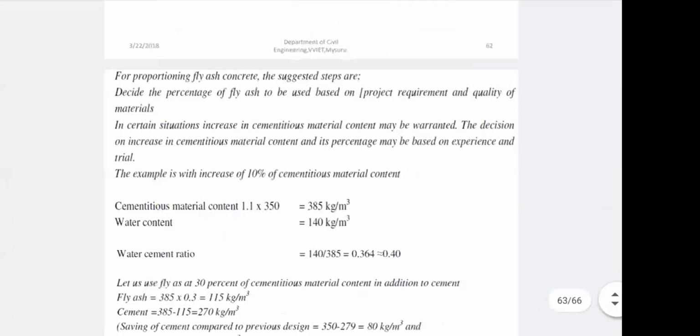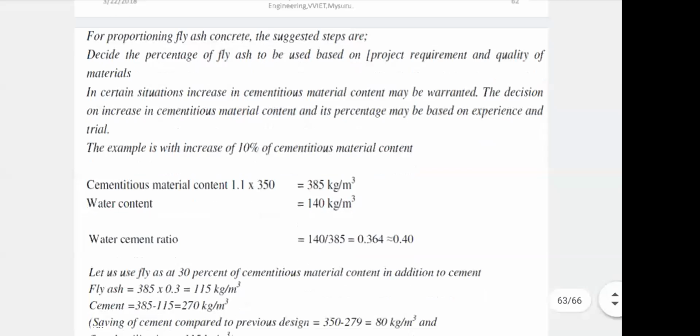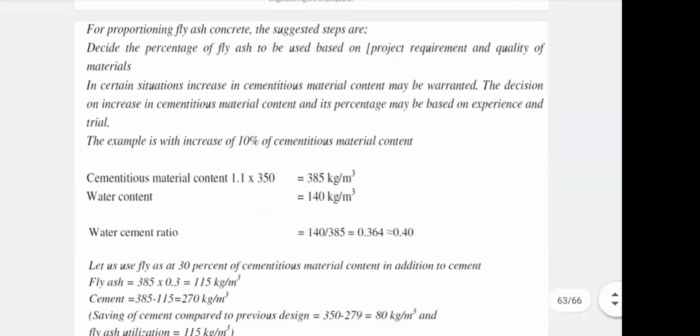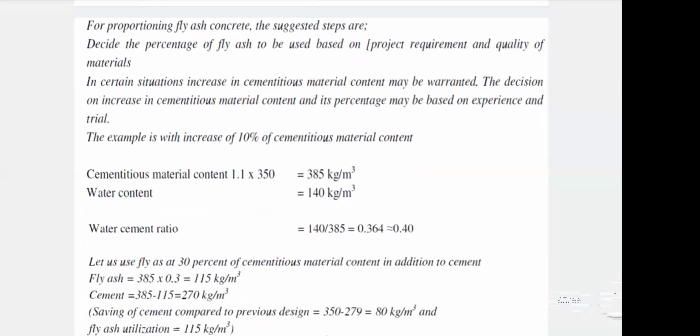Here you can see, for proportioning of fly ash, the suggested steps are a very important part, because in our numerical the fly ash content is given. Decide the percentage of fly ash to be used based on the project requirement and quality of the material. In certain situations, an increase in cementitious material content may be warranted. The decision on increasing cementitious material content and its percentage may be based on experience and trial.